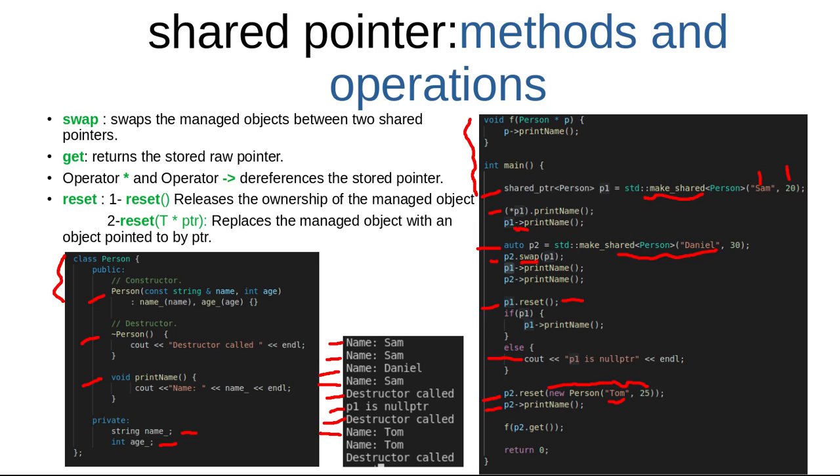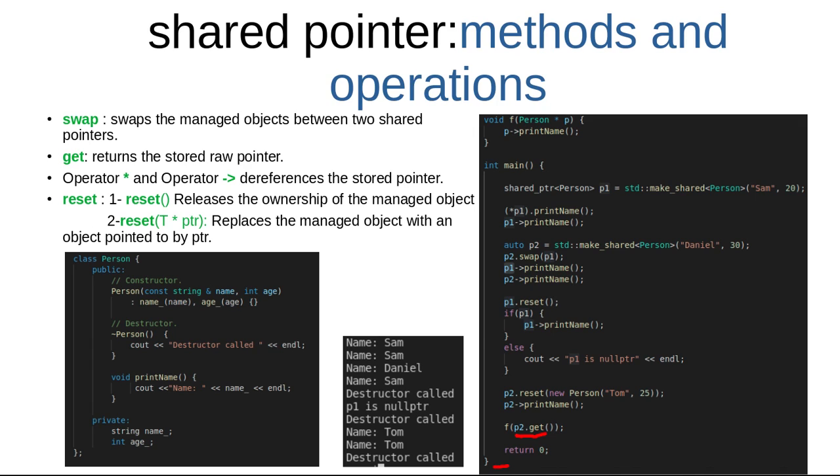F, this function here, is taking as a parameter a raw pointer of type person, and I'll just call the name. To do that, we can use p2, which is a shared pointer, dot get. p2 dot get will return a raw pointer so that we pass it to the function and can access the print name inside it. And after that, the program ended, and at the moment it exits